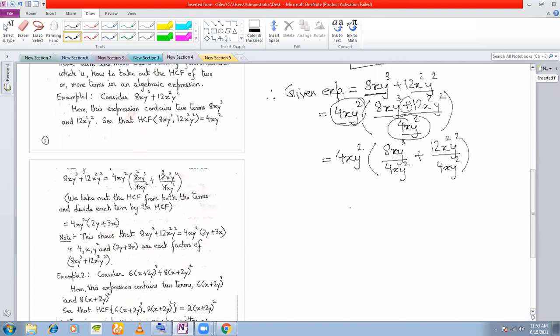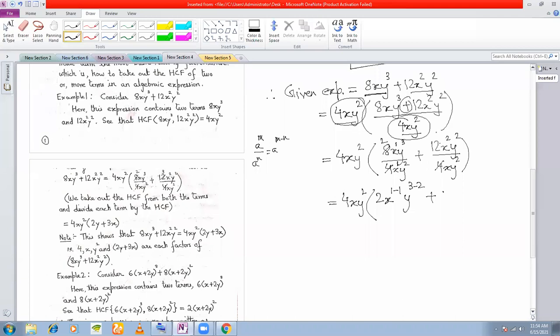Okay. So now what do we have? If you see here, 4 will cancel with this twice. And this is power 1. This is power 1. So by laws of exponents, e to the power of m divided by e to the power of n is e to the power of m minus n, which is 1 minus 1, right? And here you have y to the power of 3 minus 2, just as you do in your division of a polynomial by a monomial.